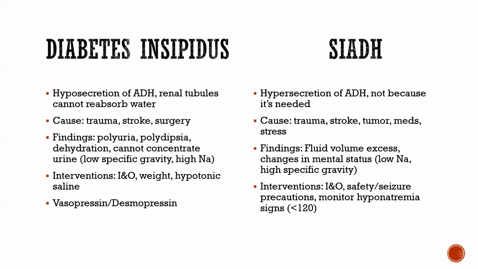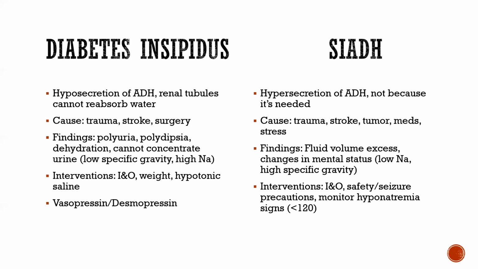Again, trauma, stroke, surgeries can cause this. Polyuria, lots and lots and lots of urine. This is where the diabetes part comes in. And polydipsia, they're extremely thirsty in an attempt to get the water replacement to happen. Dehydration all day long. I'm not hashing out the signs of dehydration. You should know those already. Cannot concentrate urine. What does that mean? It means that my specific gravity is low. So low specific gravity, and I have